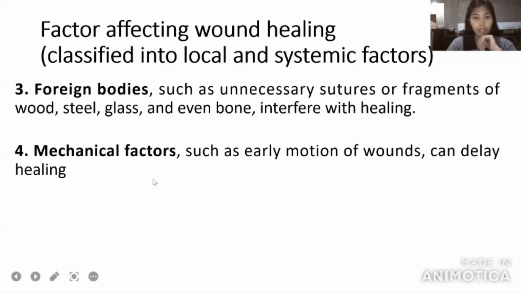So the third of the local factors is foreign bodies. These are such as unnecessary sutures or fragments of wood, steel, glass, or even bone. These interfere with healing. Lastly, in the local factors, we have the mechanical factors. An example of mechanical factors is early motion of wounds. This can delay the healing